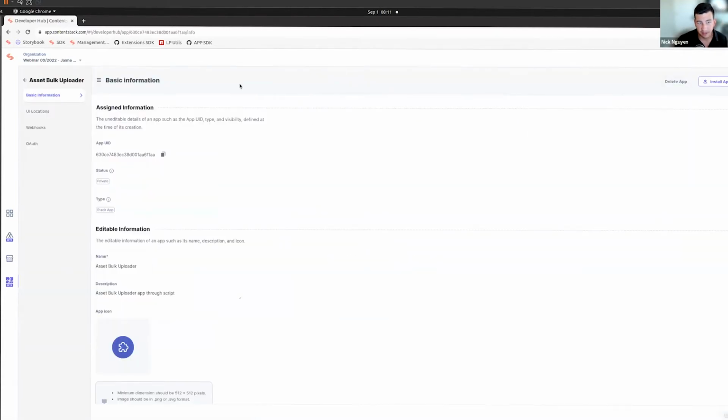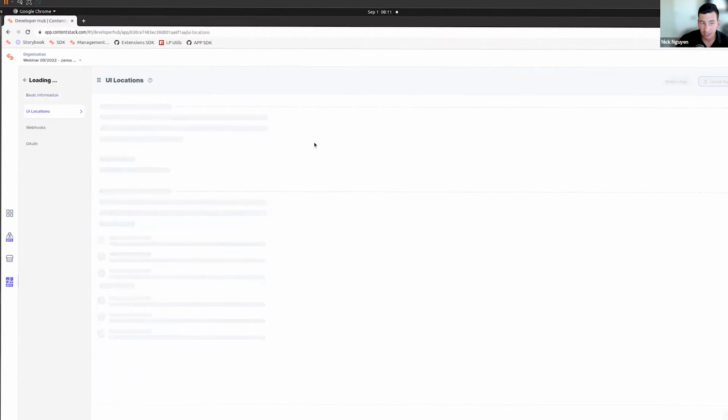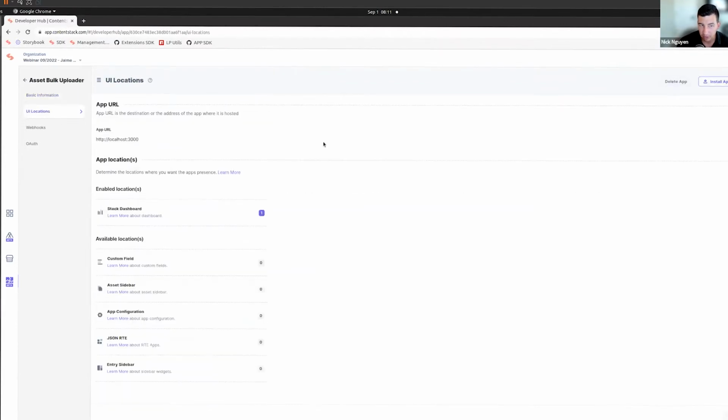you'll get some basic information about what the app is, the UID and status, and icon and all the fun stuff. You'll get the UI locations, so where this app is currently hosted. For example, this asset is hosted locally by myself, but if you were to deploy it to a different server, you could just point to where that lives,